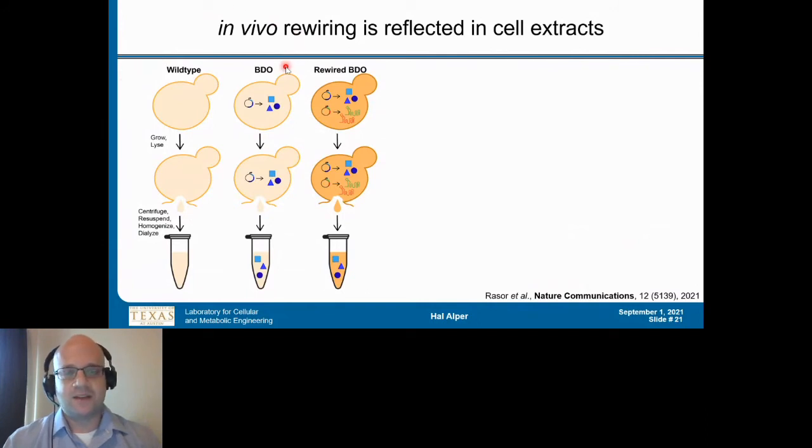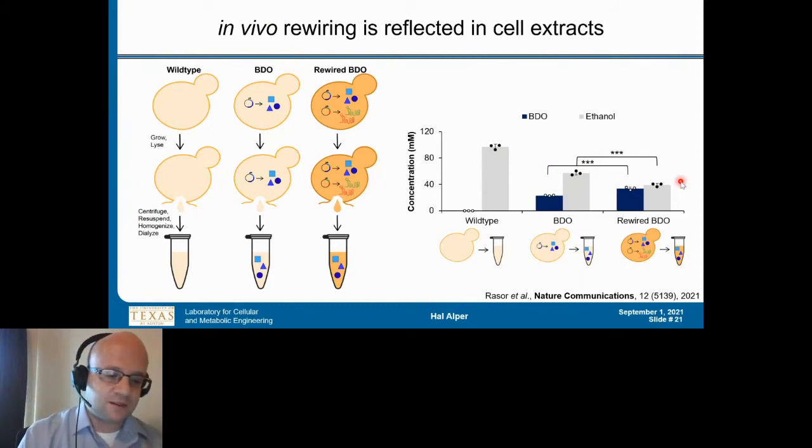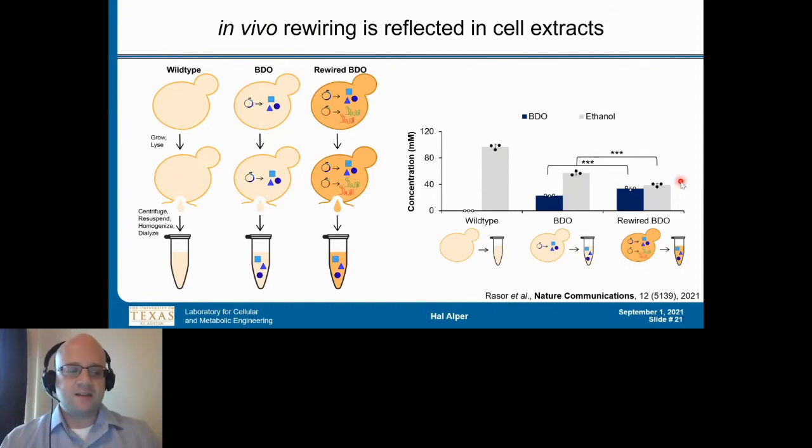We looked at wild type, the BDO complemented pathway, and the rewired cell with the BDO pathway, created cell-free lysates for each of these conditions, and looked to see what we had. As expected, we did see this bump in BDO in our rewired lysate, and we also saw this ever decreasing amount of ethanol, going from our wild type to our heterologous pathway complemented to our rewired cell. So really what we started to see is that rewiring an in vivo-based system to then make the in vitro-based system seems to translate over well.